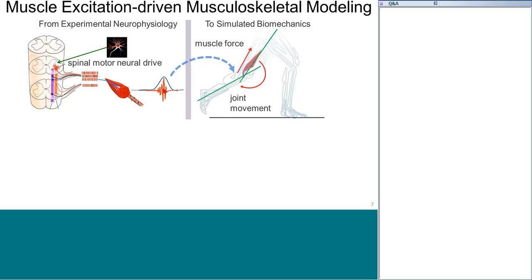And in this context, it is possible to collect experimental data about the dynamic of the muscles at different levels of muscle